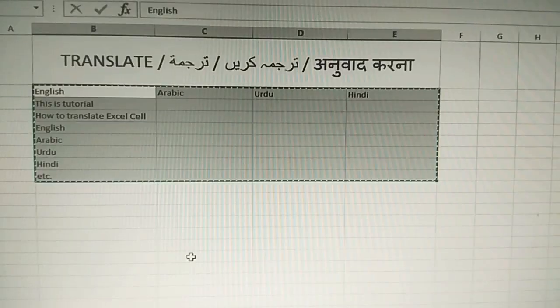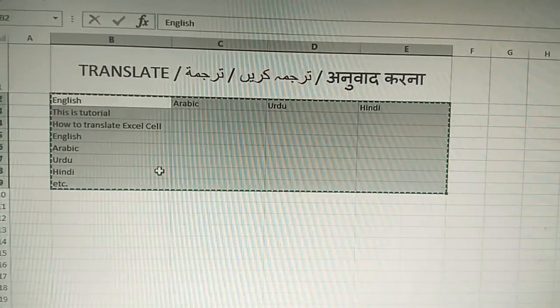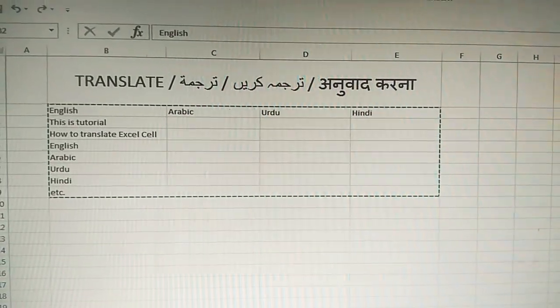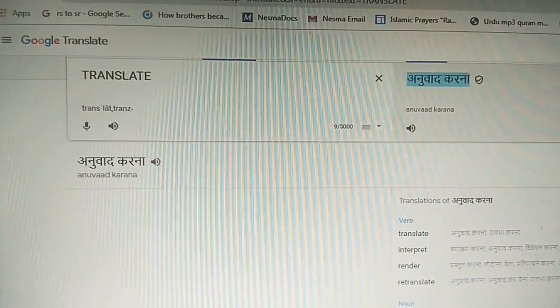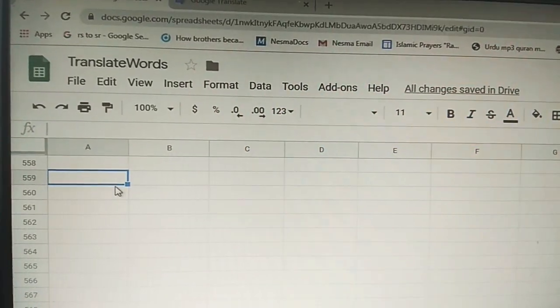Stay with us. We have to copy this table and select Google Sheet and paste here.